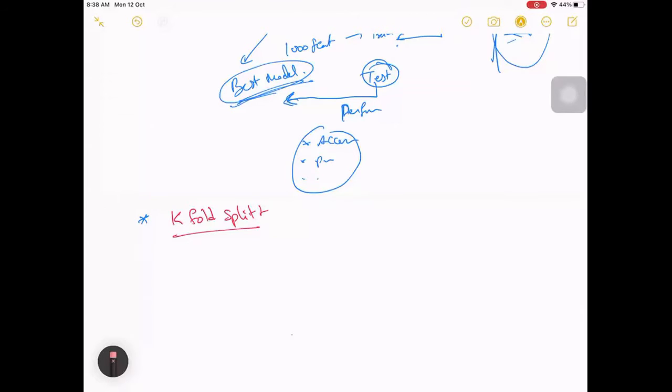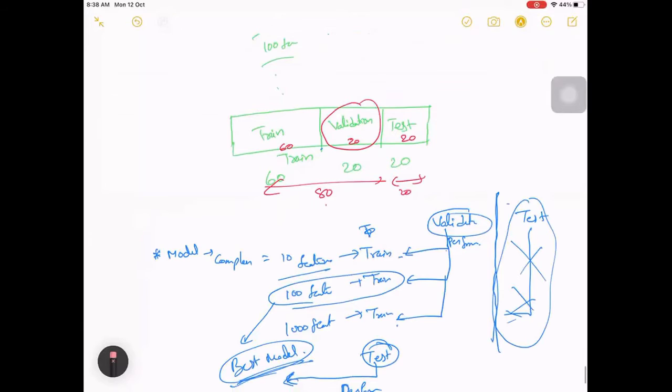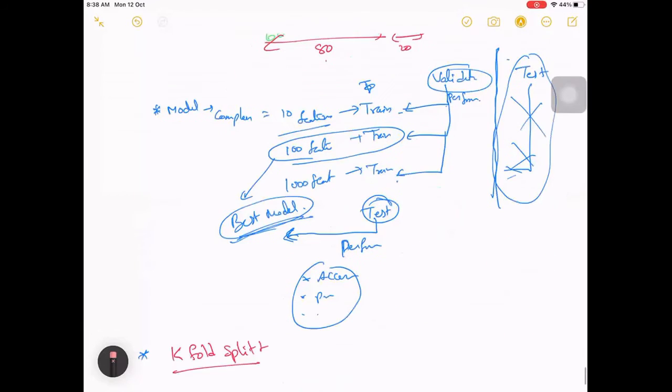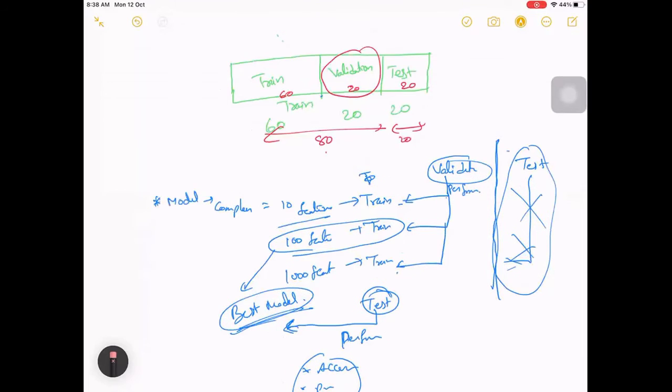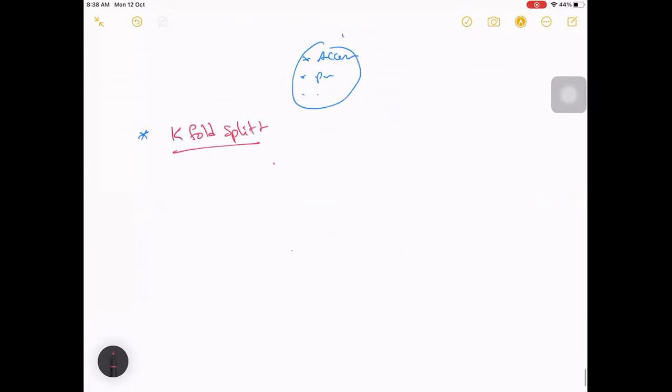So instead of this validation split, where we are randomly selecting some examples within the 80% of the data as the validation split, there are various techniques which can be followed to select the training and validation split. Let's discuss that.